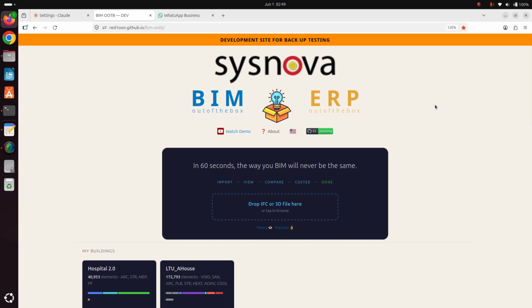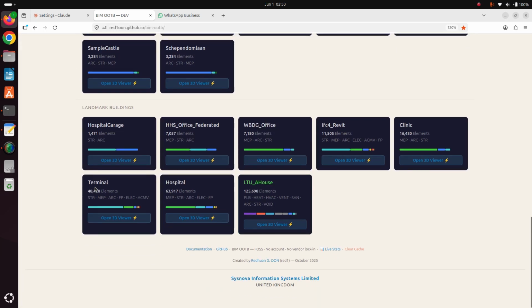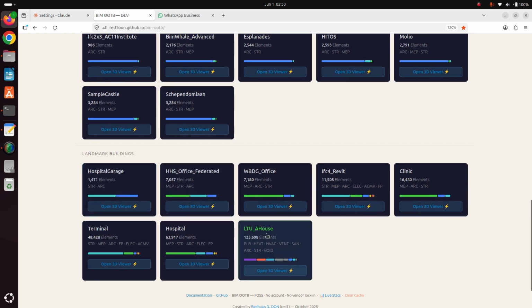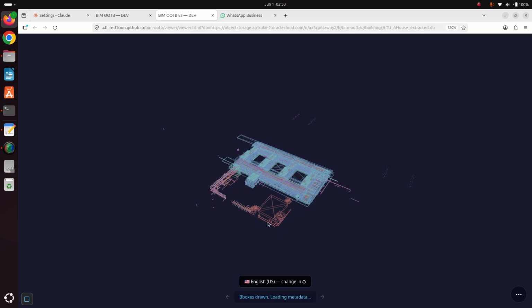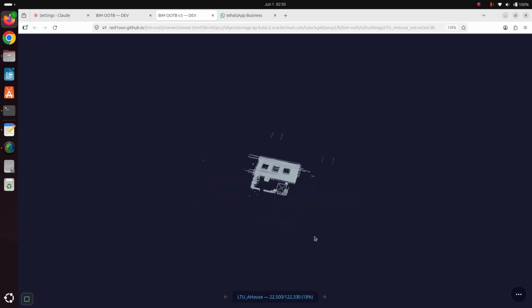Hello. I'm going to explain the BIM ERP framework here, where we are integrating BIM with ERP. We've done the BIM proof of concept and also the ERP proof of concept. But for BIM, we have gone more than proof of concept. We have a working model. So I'll pick out the most expensive building, the LTU, I believe, from the University of Auckland, where you can